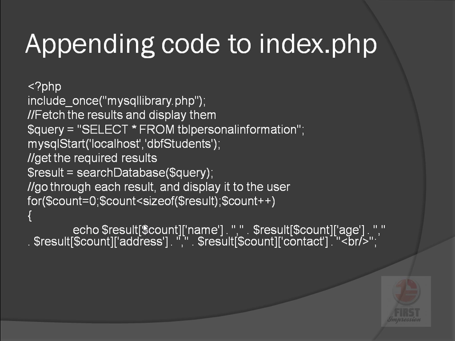So the count is 0 over here. So result of 0 goes to the first record. Inside this first record, I have name, age, address, contact. So I will say result of count, that is result of 0. Inside this result of 0, I will want to access the name. So I'll have result of count of name, dot, comma. This indicates I want to have a comma appended. Then I have result of count of age. This indicates get me the current age. Result of count of address to get the address. Result of count of contact to get the contact. And you have br slash. Br slash means go to the new line. Once you are done, then you'll close the for loop and you close the PHP code.